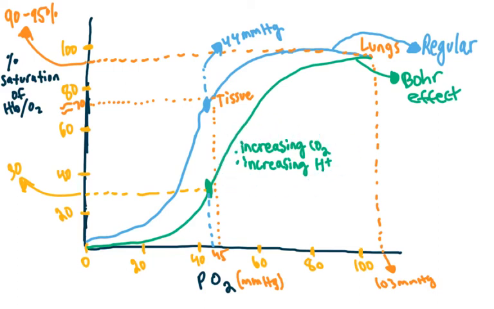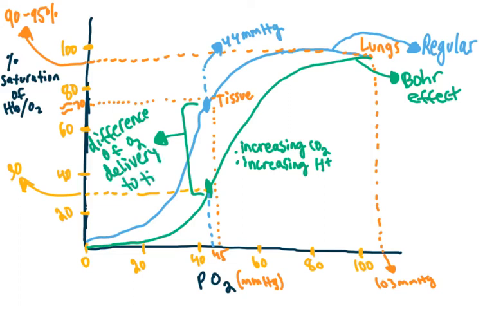The result of amping up the production of CO2 led to a percent saturation of 30 at the same partial pressure of oxygen in the blood. So what does that mean? That the Bohr effect causes your percent saturation of oxygen to decrease. All right. So instead of delivering this amount of oxygen to your tissue, you're now delivering this much oxygen to your tissue, right? So the difference in delivery of oxygen to your tissue is this much. This is the difference of oxygen delivery